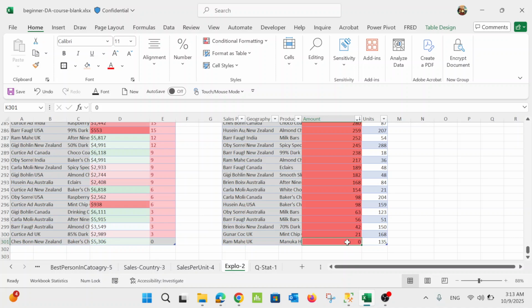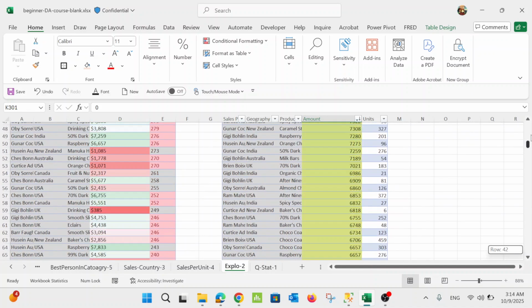So we can see here some data is zero, so we sold 135 units and the sales is zero. So we have to investigate this data. It may be an error in the data entry, or maybe we have some expired unit items we need to get rid of. So we sell them, or we can distribute them at $0.